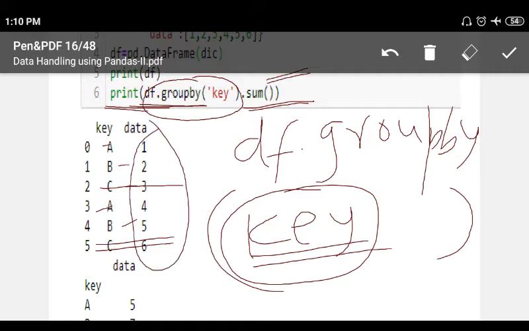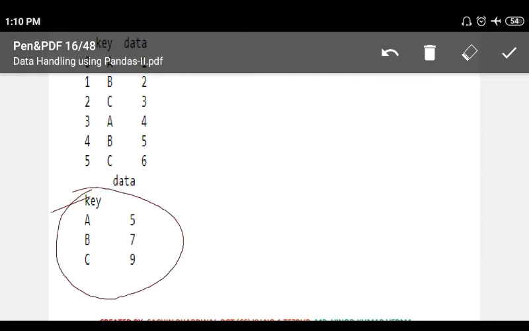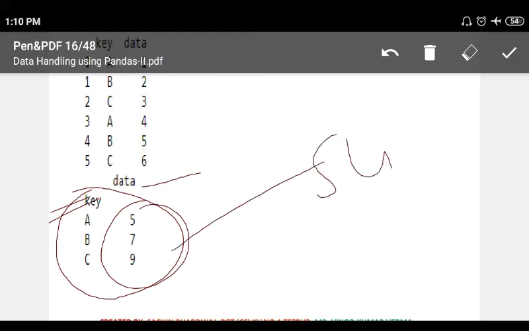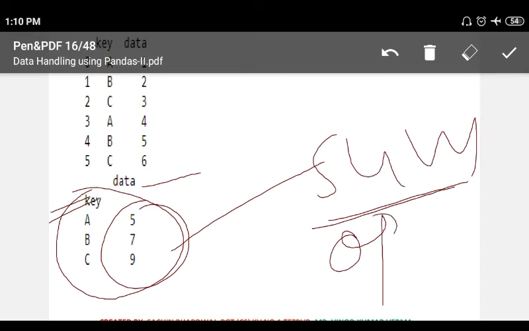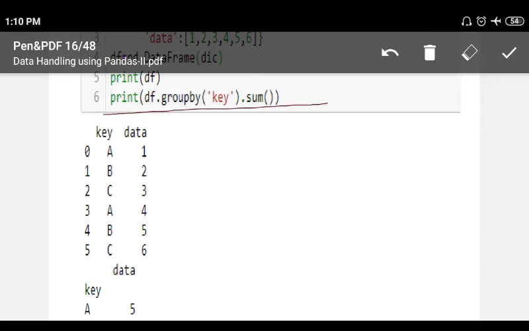There is only one numeric column, so it will perform the arithmetic sum. Now you see this is the key, this is the data, and this is the result of the sum function. This is another data frame, created by this line, which performs the group by function.